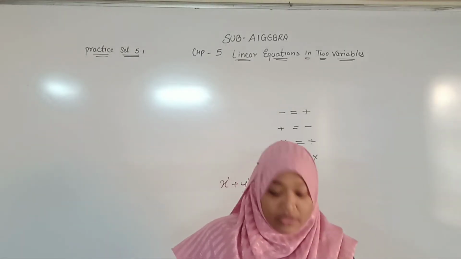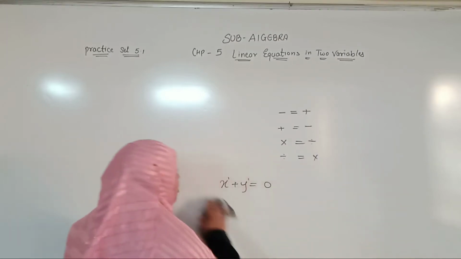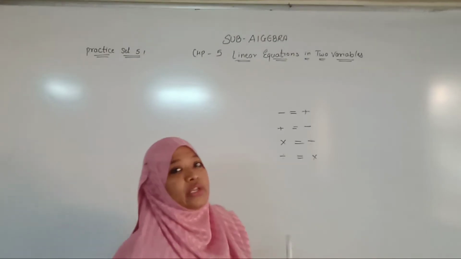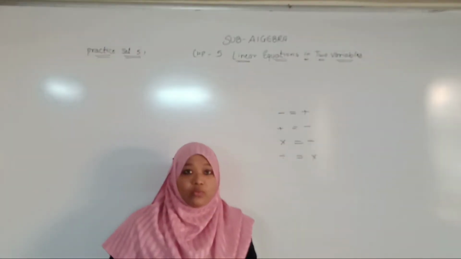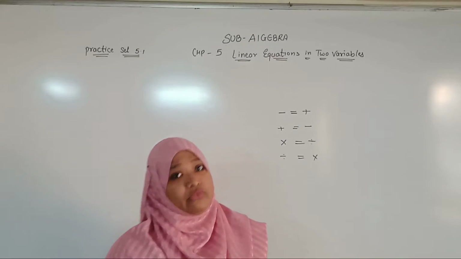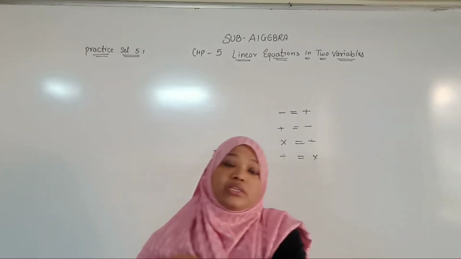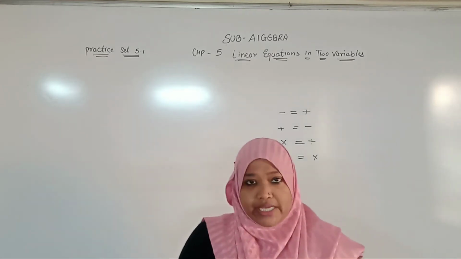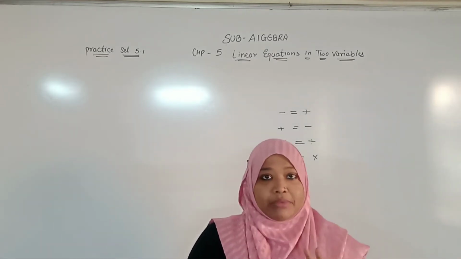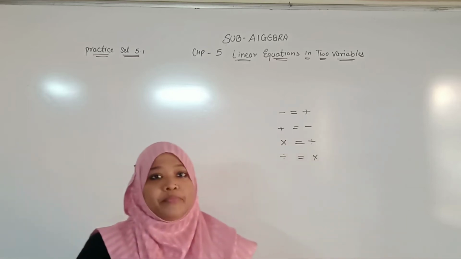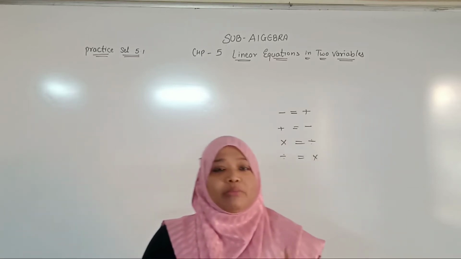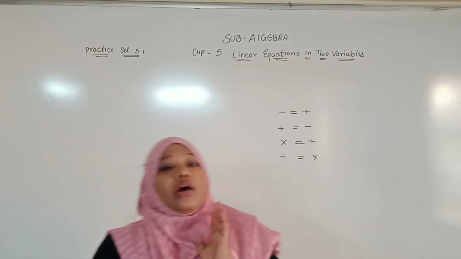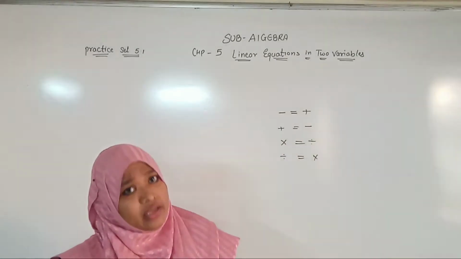So shall I start? Now students, here we will get two equations, and we have to verify whether the variables of the two equations are equal or not. If the variables of the equations are not equal, we have to make the variables equal. Two equations will be given, and you have to check the variables of both. If any one variable is not equal, you have to make it equal. Understood? Okay, we will see how to do that.